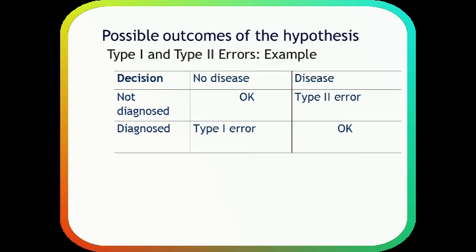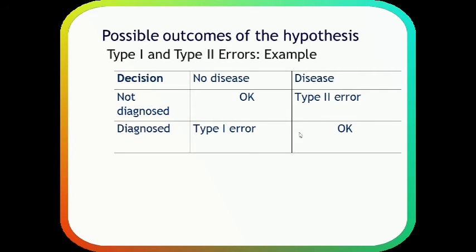Right. Now again, we put a 2 by 2 table here, where you have replaced your null hypothesis being true and null hypothesis being false by no disease and disease respectively, and your acceptance or failure to accept the null hypothesis as not diagnosed and diagnosed. So now you can take a look at this and see that if a person doesn't have a disease and is not diagnosed, that's the perfect decision you make. If the person has the disease and is correctly diagnosed by the test, that's another perfect decision.